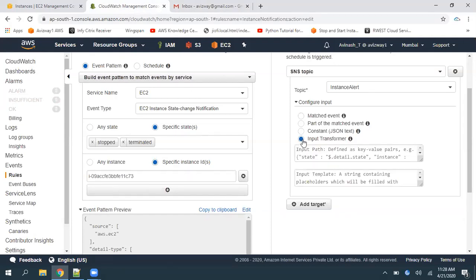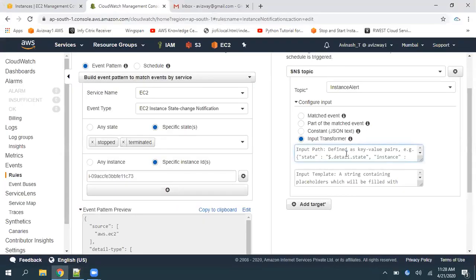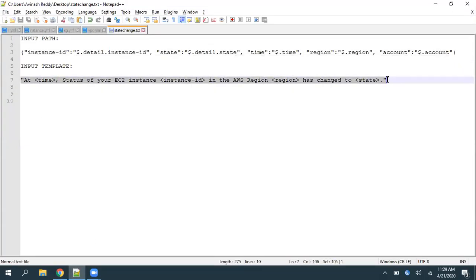Select the Input Transformer. Here we need to provide an input path and an input template. When coming to the input path, I'm going to get information like instance ID, state, time, region, and account. If you have multiple AWS accounts, you can give the account ID also. Now just give that input path. Now, what is the message you want to get? So I want to give an input template. I'm giving this input template